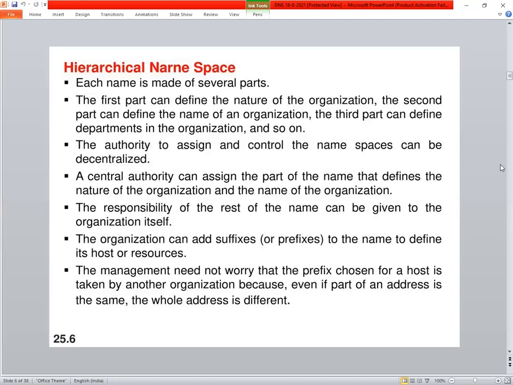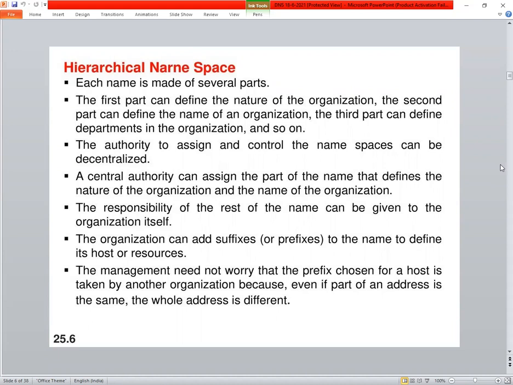The management need not worry that the prefix chosen for a host is taken by another organization, because even if part of an IP address is the same, the whole address is different. See, try to understand here. If a namespace has been assigned to a particular organization, let us say that every organization has departments, like an accounts department.